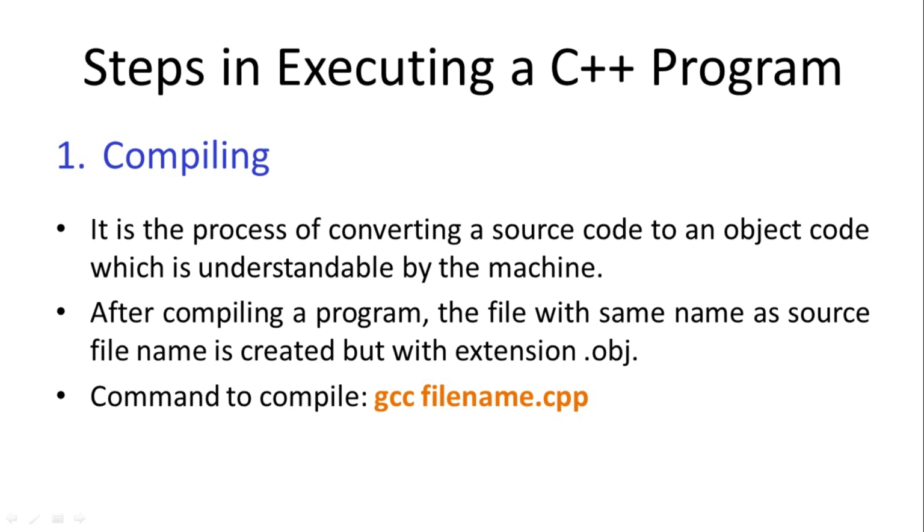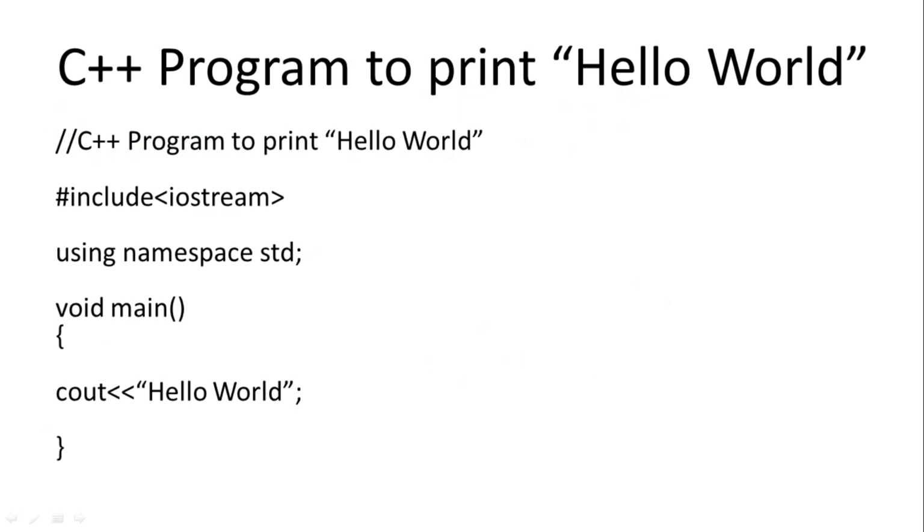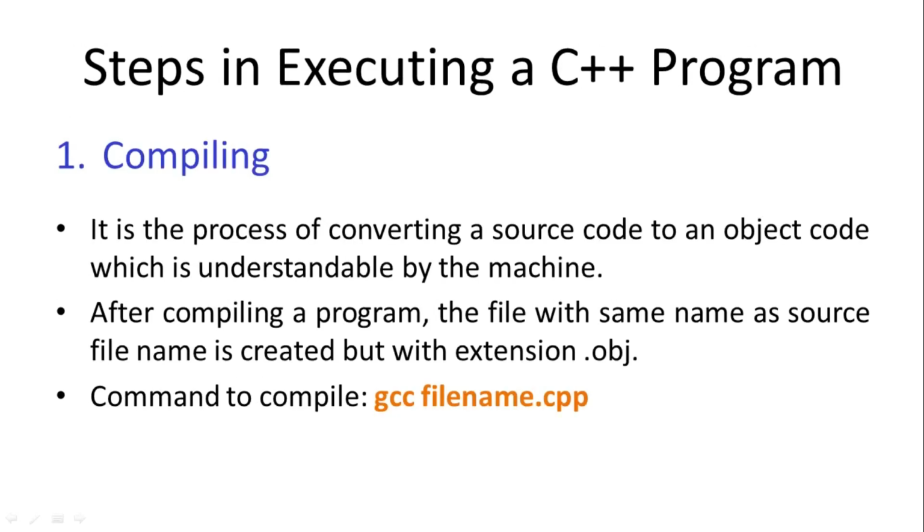See here the program that we have written. This program is in human readable form. If you give this program as an input to the computer, it will not understand, because the computer reads only machine level language, that is in the form of zeros and ones. So this program should be converted into zeros and ones before getting the output. The process of conversion of source code from human readable language to machine readable is called compilation.